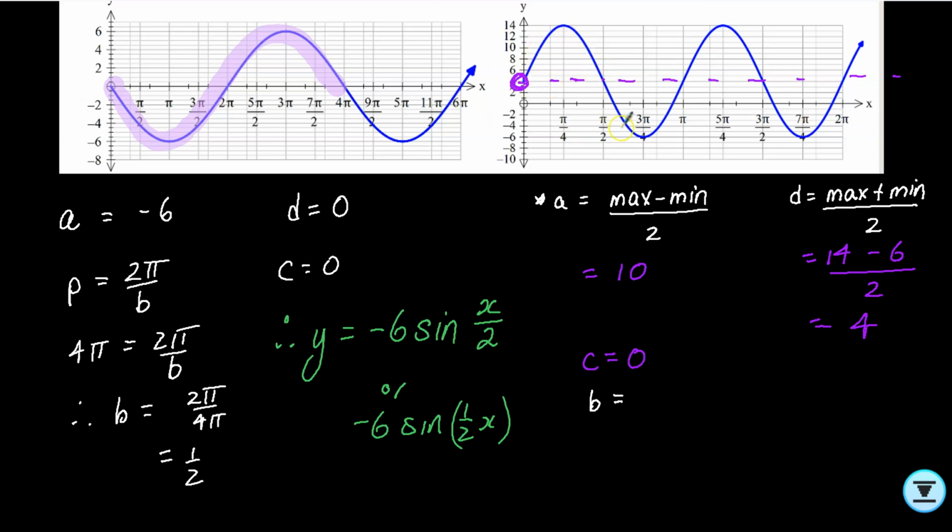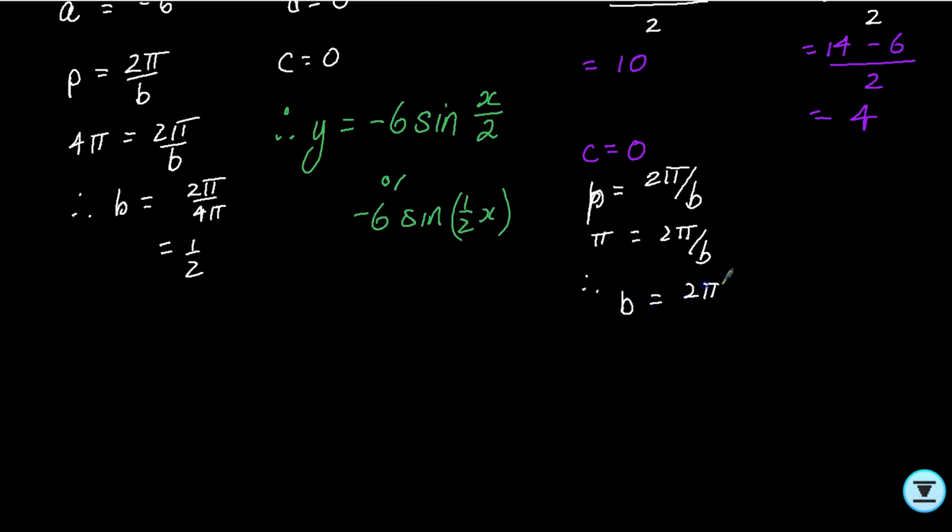So it's completing one lap. I'll get my highlighter out again. Let's go green. So it's completing one lap in pi. So up to you how you want to do it. Period equals 2 pi on b. So it's pi equals 2 pi on b. Therefore, again, I know some of you are just looking at it and go, I can see that it's 2. I get it. I can see it too, but I'm just showing the steps. So y would be 10 sine 2x plus 4. Okay, so